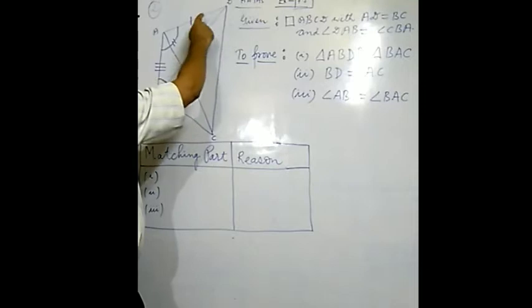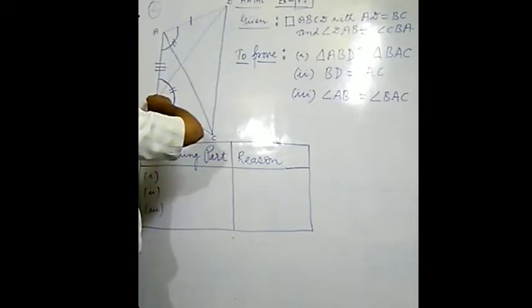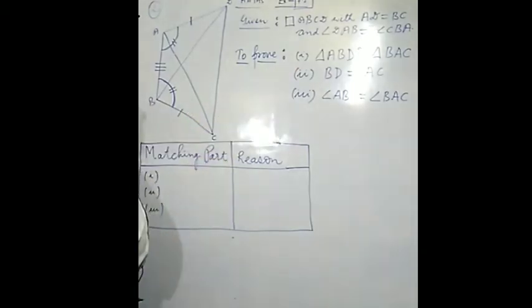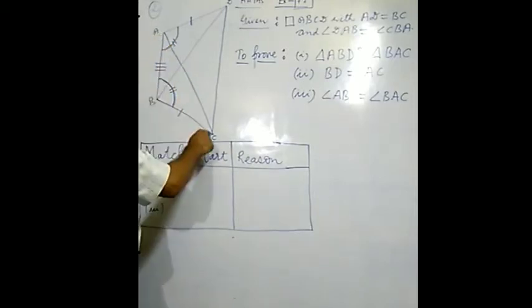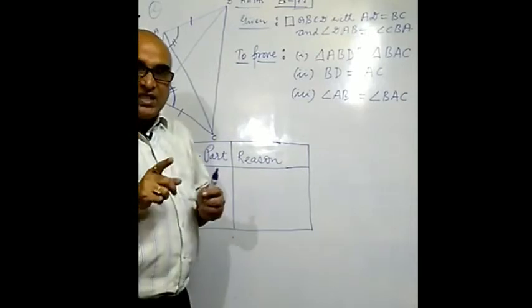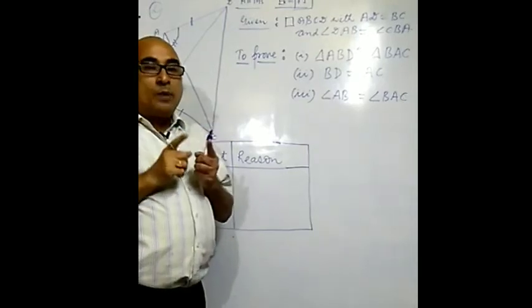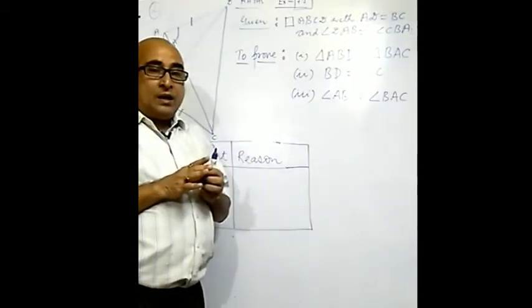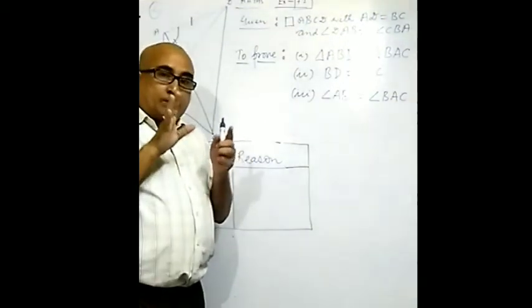ABD means this triangle. We are talking about this triangle. Keep in mind, the second triangle is BAC. Where is BAC? BAC means this triangle we are talking about. So what to do? First of all, differentiate both of the triangles in your mind, and there should not be any sort of confusion.